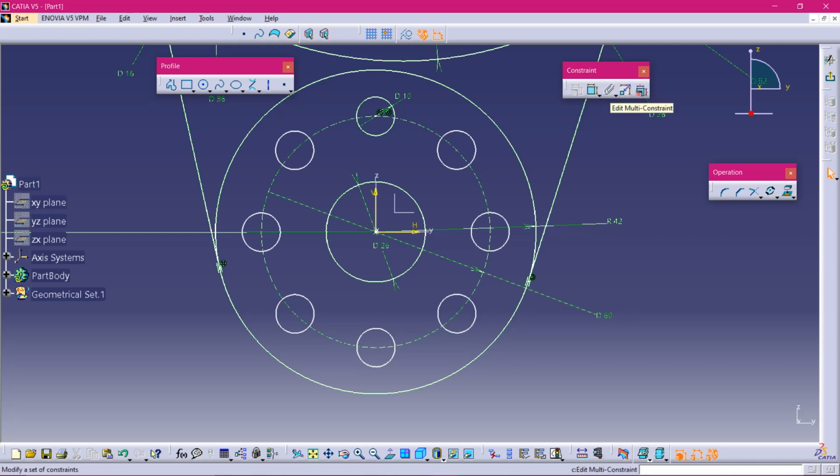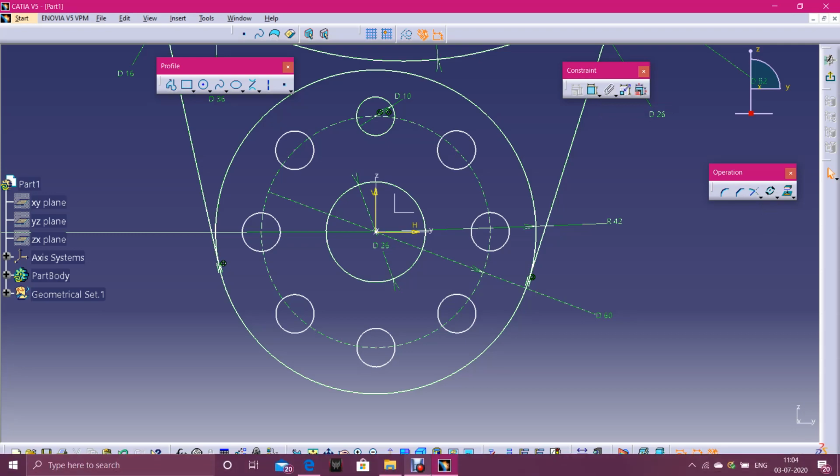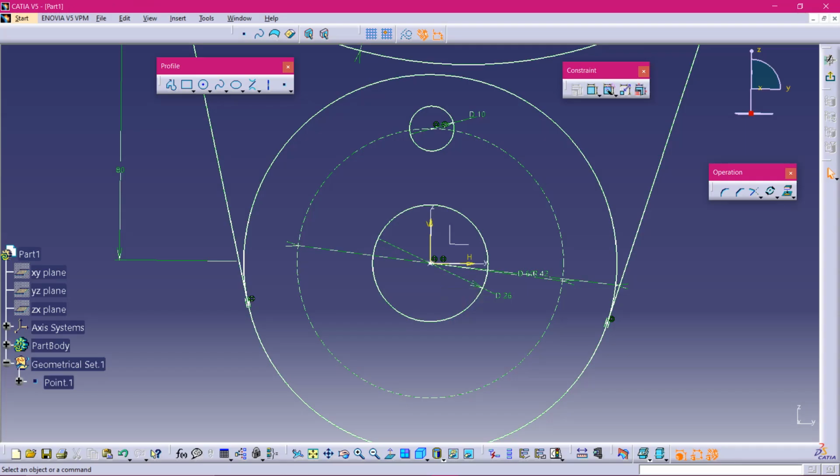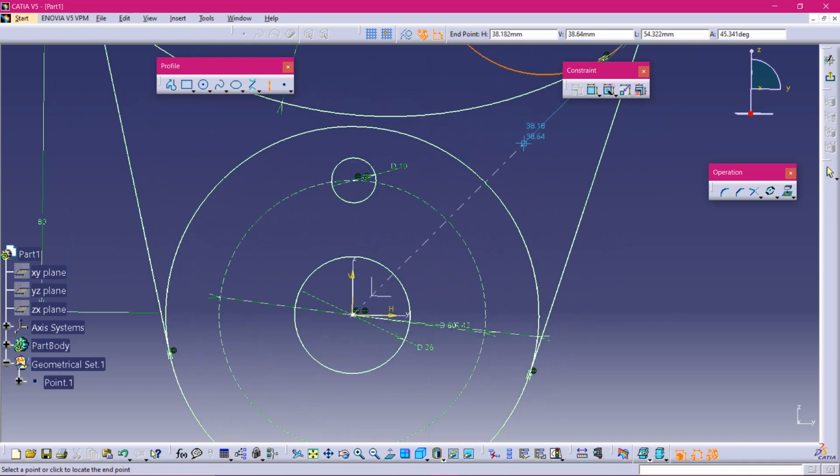I think before doing auto constraint, you have to create an axis line, because I'll explain it to you later. That means the circles that you're drawing are not getting auto constrained even though you're auto constraining. That means the angle is not specified. So there are 8 circles now.